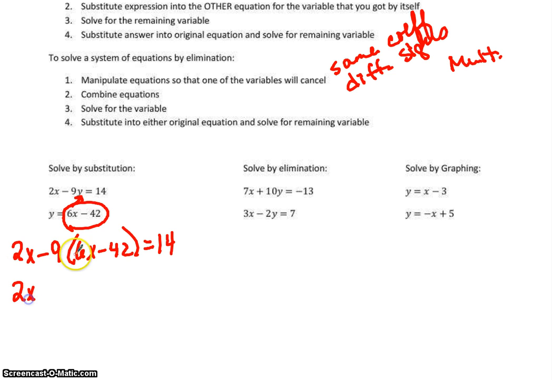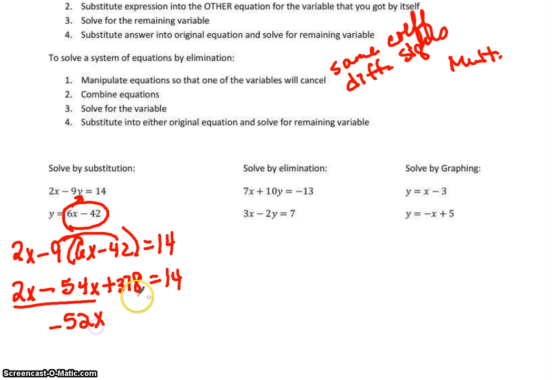So bring down your 2x. You have to distribute the negative 9, so minus 54x plus 378 equals 14. 2 minus 54 gives you negative 52x. And then you're going to subtract your 378, so it's equal to a negative 364. Then you're going to divide by negative 52, and so x is equal to